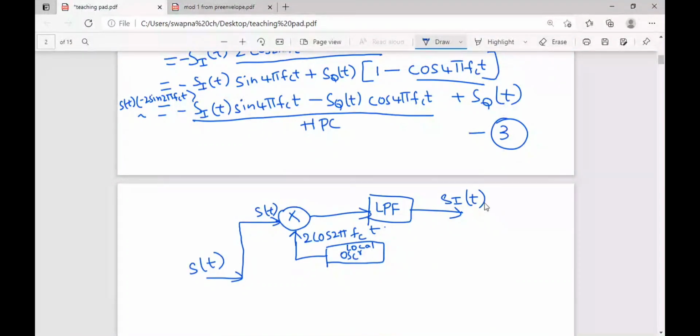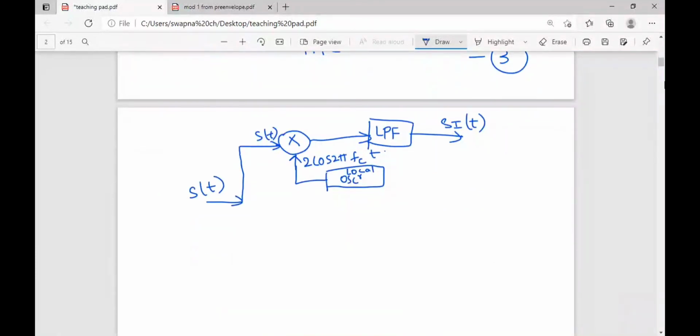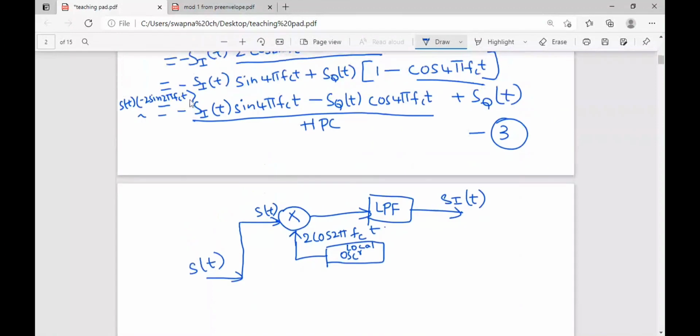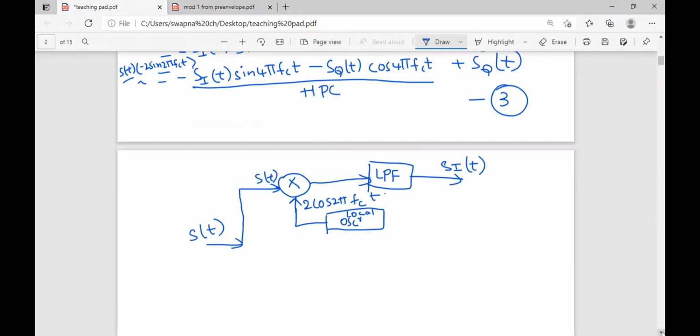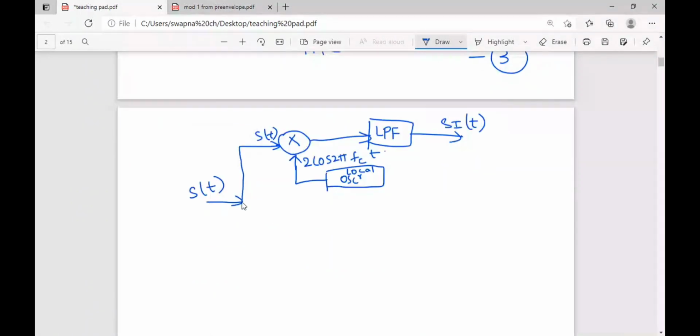Okay, so this is how we get Si of t. In the same way, I need to get Sq of t also, right? So to get Sq of t, this is the equation. Here, my S of t signal should get multiplied with minus 2 sin 2 pi fct. In order to get that, I have to again give it to the multiplier, and one input is S of t and the other input should be